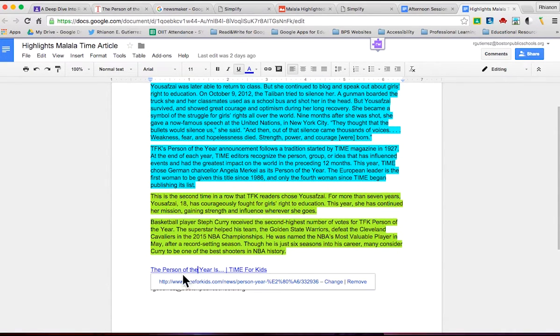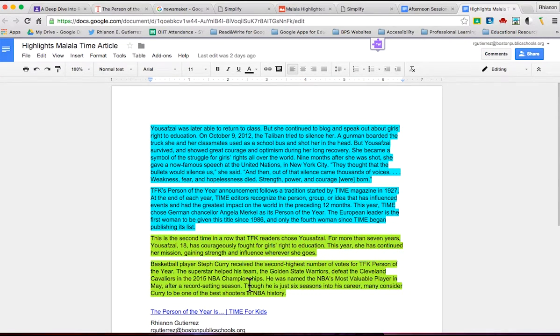And below it is really cool. We have the hyperlink to the article, which is very important for citations, and the user, which is me, who has created these highlights. Now, you can modify this document as you wish. It's very important for understanding where they found the content and also for independent work in collaboration.